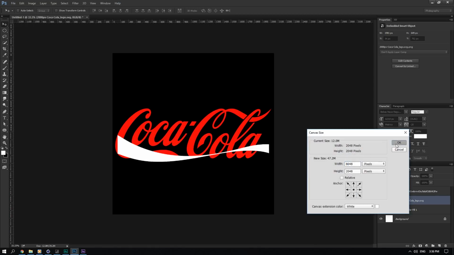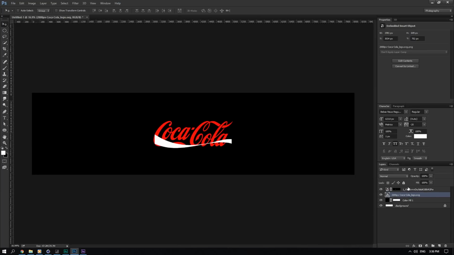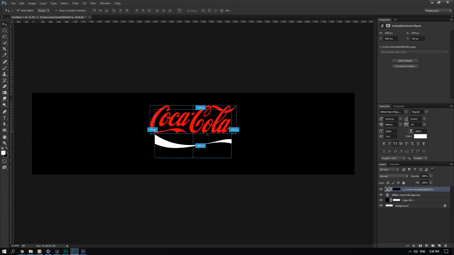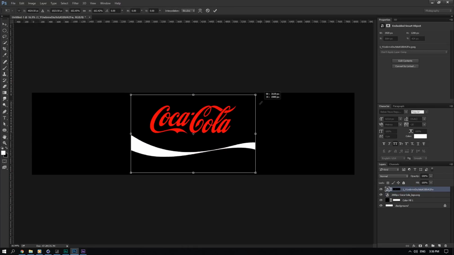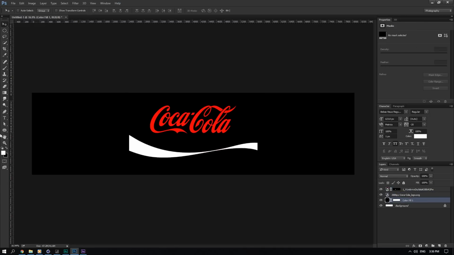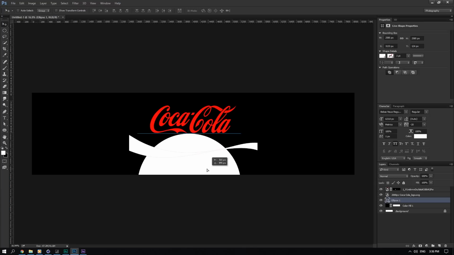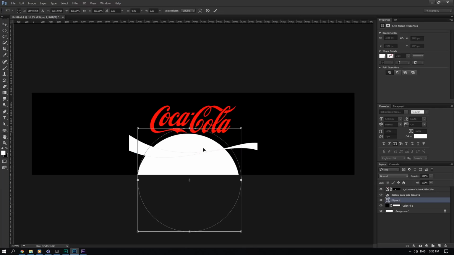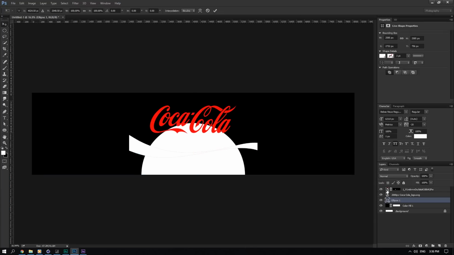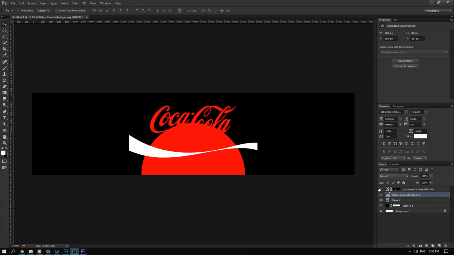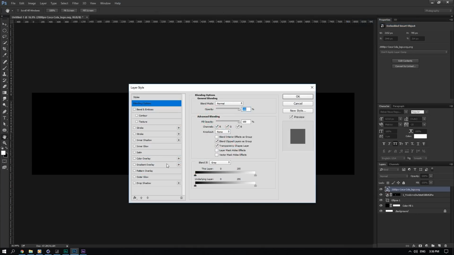So we'll make this 8K width. And here we can make this Coke logo, something like that. This line here, we can scale it out. And then I also saw that there was like a circular sort of thing on one of the Coke advertisements, so I'm just going to imitate that here. And we can make it the same reddish color. And then we'll make this logo here white,